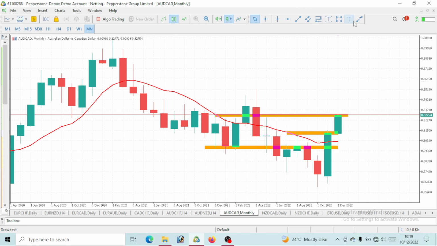So we should still expect a continuous bullish move. By the time this month ends, we should be able to take out this high, which I strongly believe. So AUD CAD itself, there's still a strong bullish momentum on this movement. Now that this price is trading above our moving average, right, then you should consider one movement, which is to go long. As long as this price is trading above our moving average, then clearly we should watch out for a bullish move. So still continue to go long. AUD CAD on the monthly time frame, we are to go bullish.